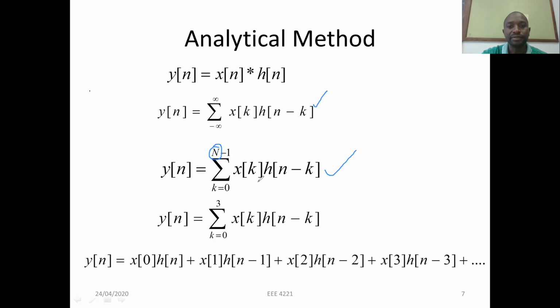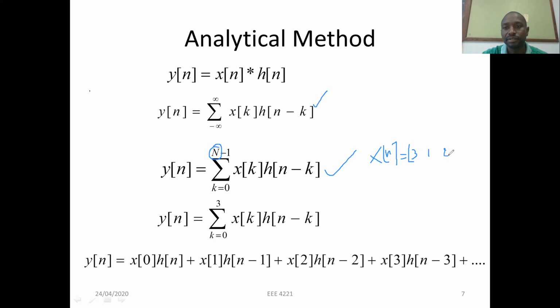And in this case, if you look at the examples given, you notice that x of n was running from,